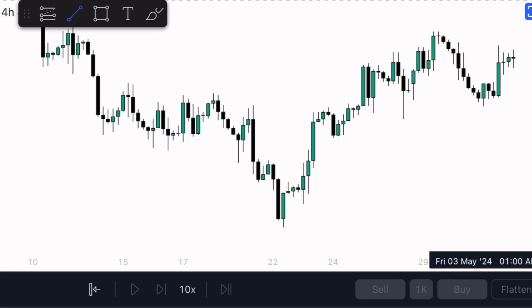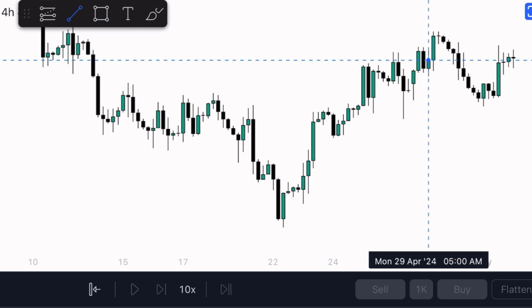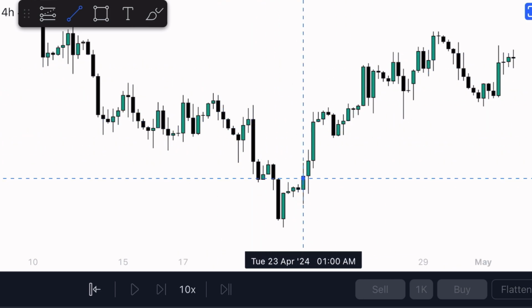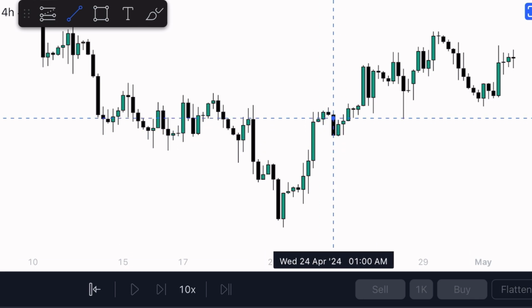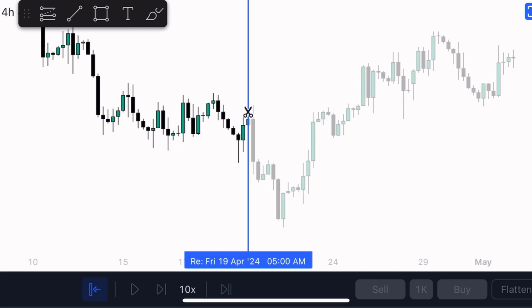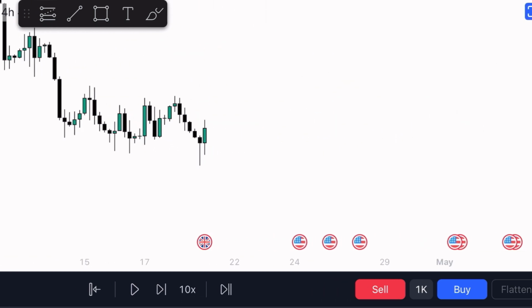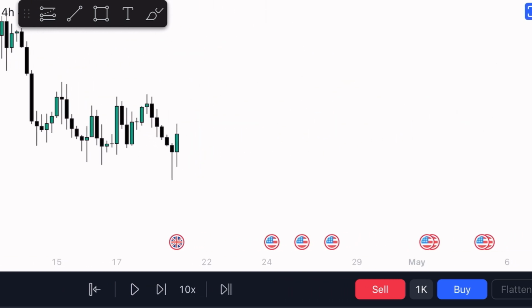What's up everybody? In today's lecture we will discuss the ICT PO3 trading strategy, and we will use this recent move. We will backtest this recent move of the GBPUSD to know how it happened. So we will backtest this move, but before backtesting it, I will explain the basics of the